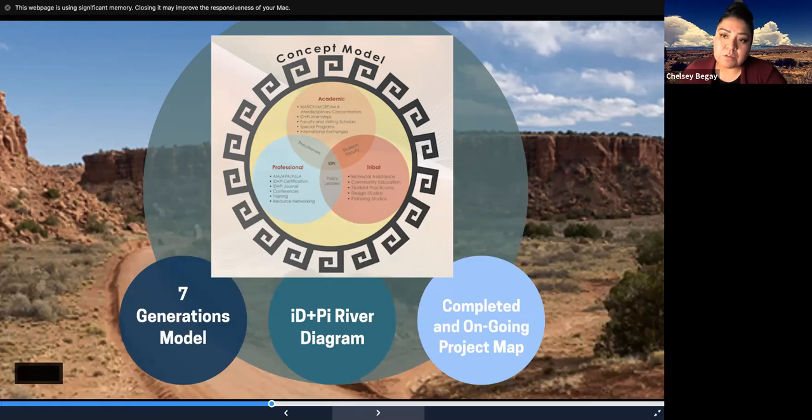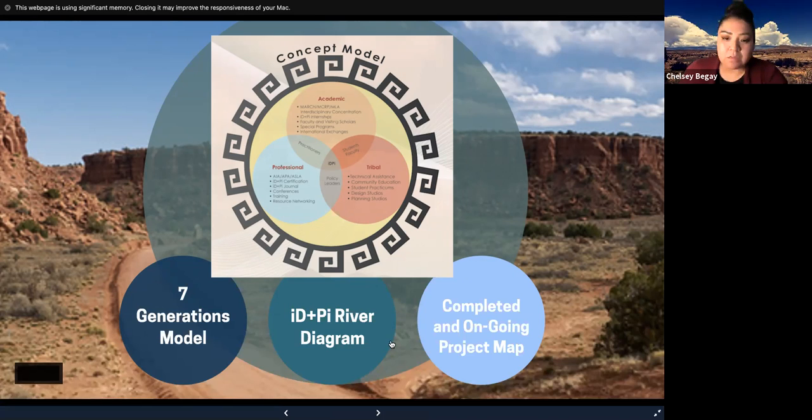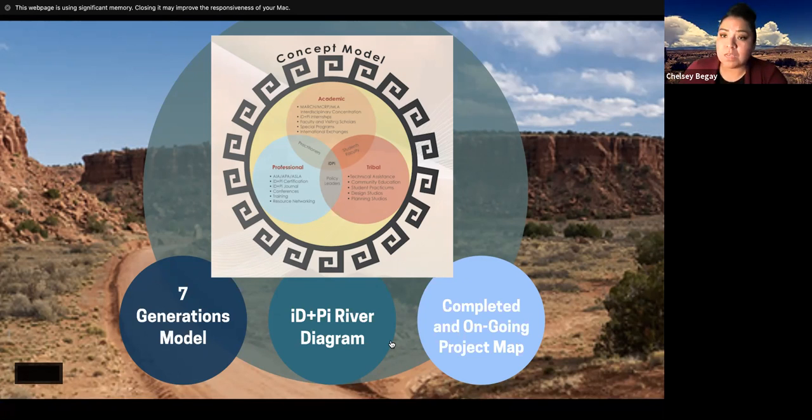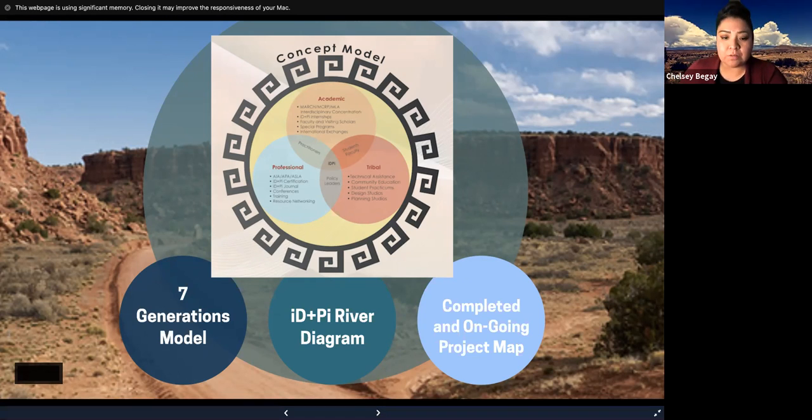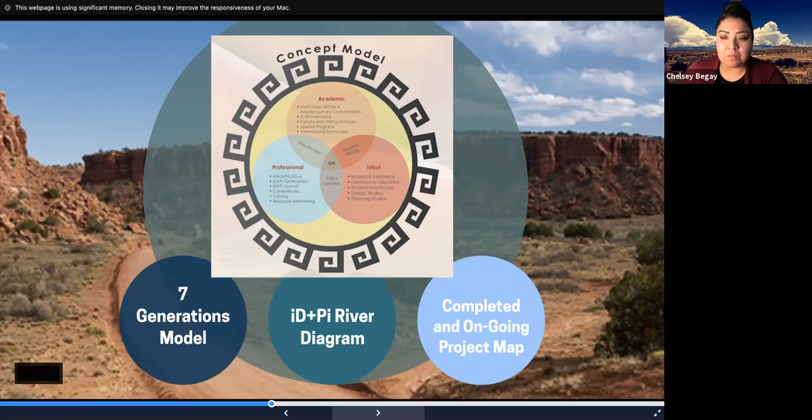What we can do for students is connect them to various tribal communities, if not your own tribal community, and see what kind of projects are out there for students to work in and about. So sometimes we'll, like I said, create a course that students can enroll in, or we can actually hire students to help us work on these projects. And we've done a lot of those in the past.